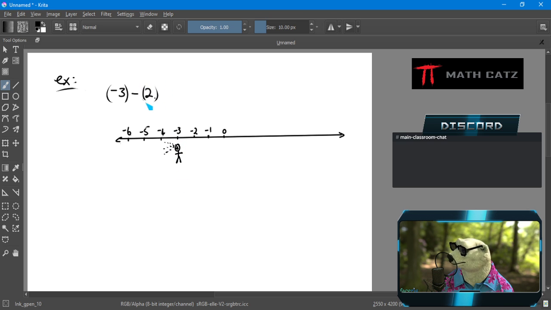Then I see what I'm supposed to subtract, and it's the positive integer 2. I then walk 2 steps in the direction I'm looking, and there is my answer. Negative, whoa, that was supposed to be a 5. I wanted to not make it curvy. Negative 5. Now the absolute, well, in this case it doesn't matter. Next time I'll say something.